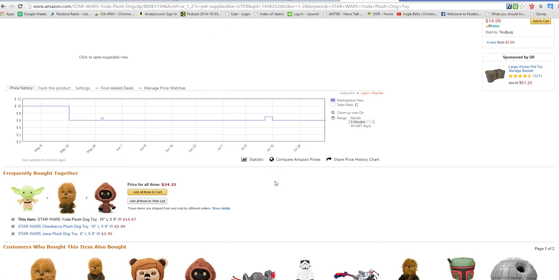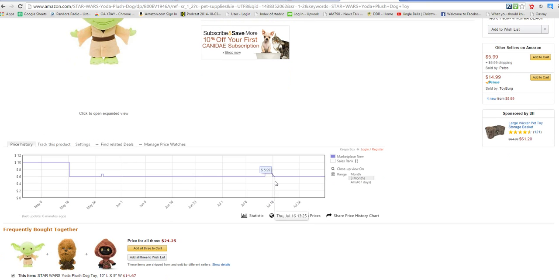So we're not going to need to retake any photos or do any updating there. Now, we're going to look back at the pricing history. It looks like the pricing history has been pretty stable. It's come down to $5.99. Now, this is a Keepa graph. Keepa does not take into consideration